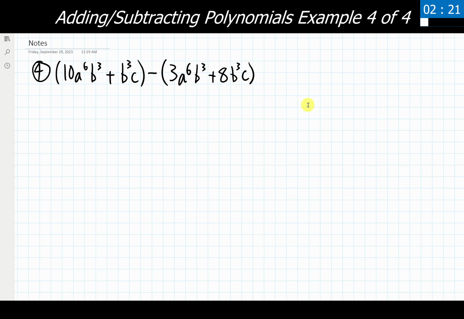When you are going through these, again, we do not care about adding or subtracting or changing the variables or exponents in any way, shape, and form. They will stay the exact same from the start to the end of the problem.